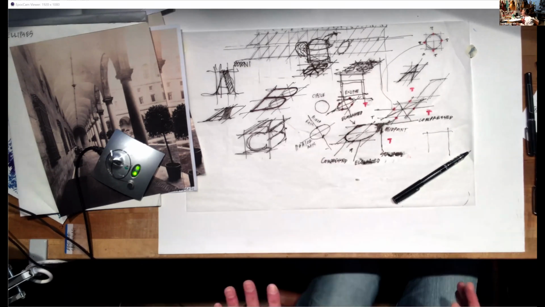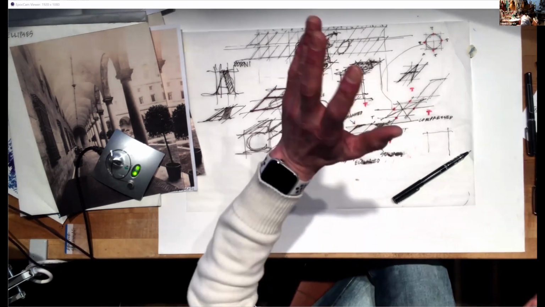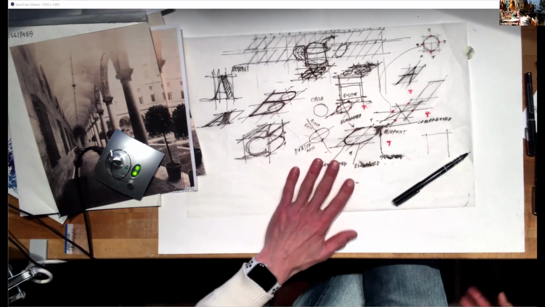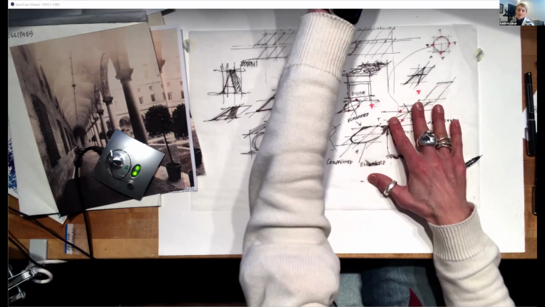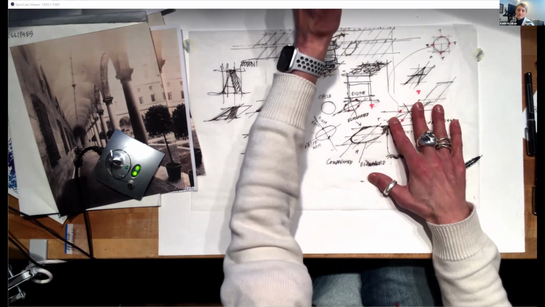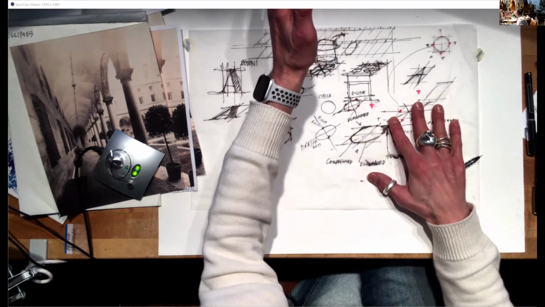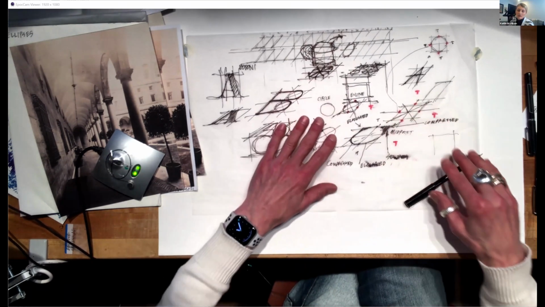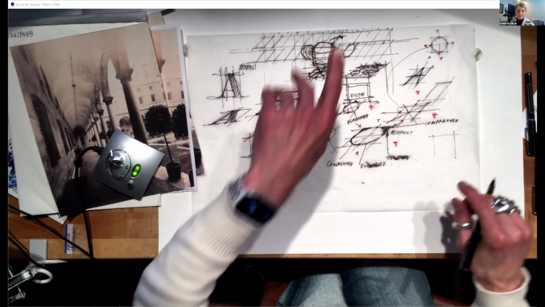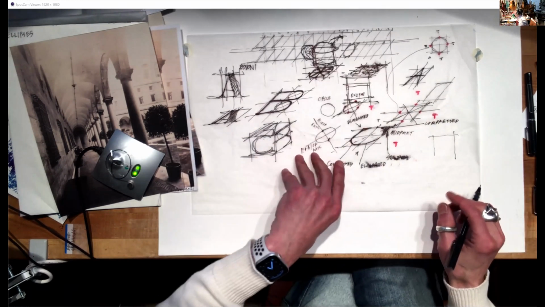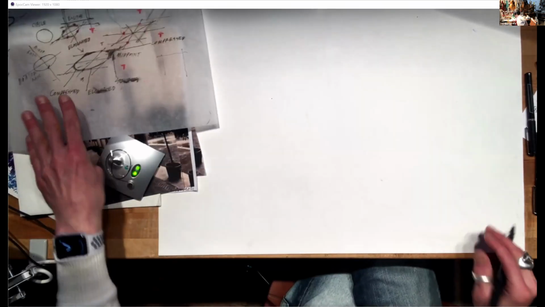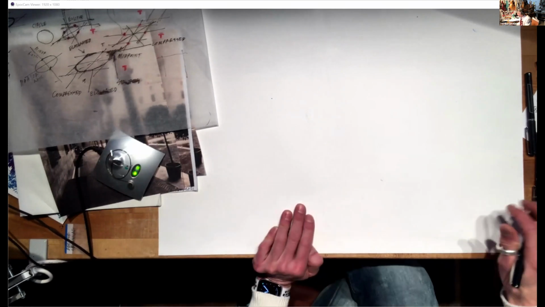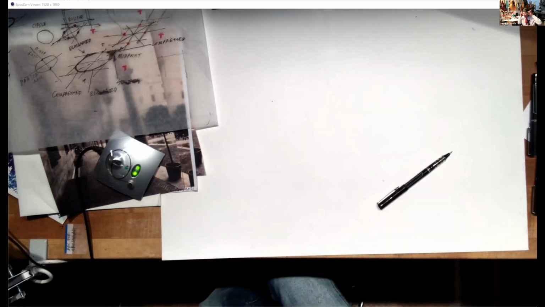Okay, so can you now see the picture of my drawing desk and the image next to it on the left? Is that what you see? Yeah, we can see your desk. Okay, good. You see the image of the library. Okay. So the study drawings that I'm going to ask people to make